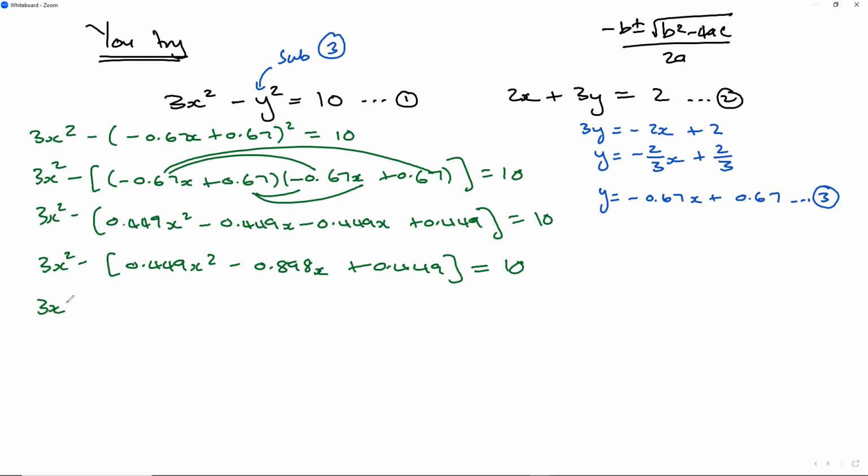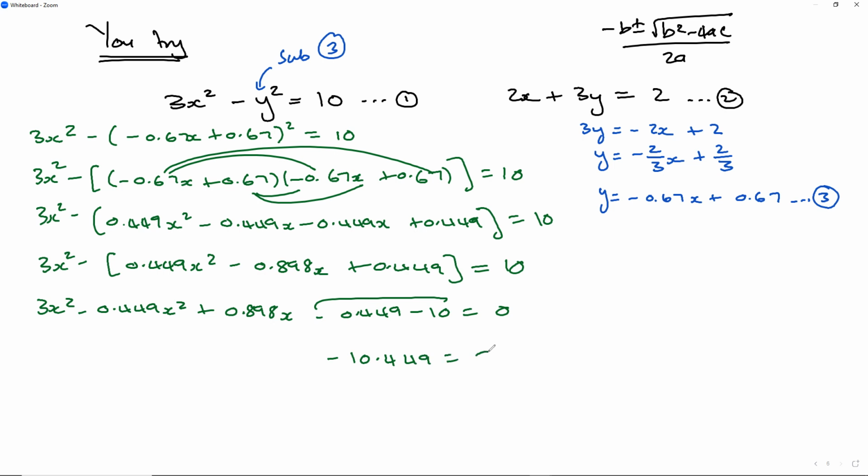So we're going to have 3x squared minus 0.449x squared plus 0.898x minus 0.449 minus 10 equals 0. That'll become negative 10.449. This will stay 0.898. And 3 minus 0.449 is 2.551